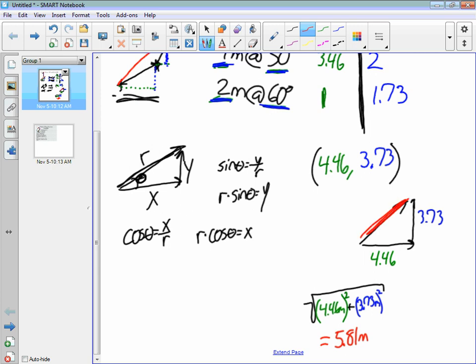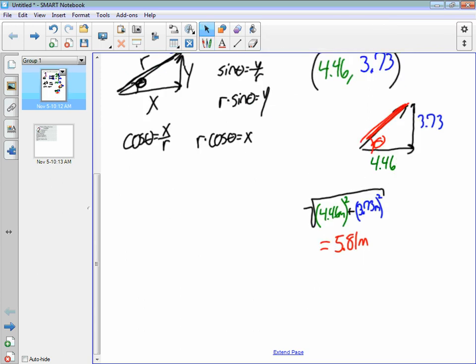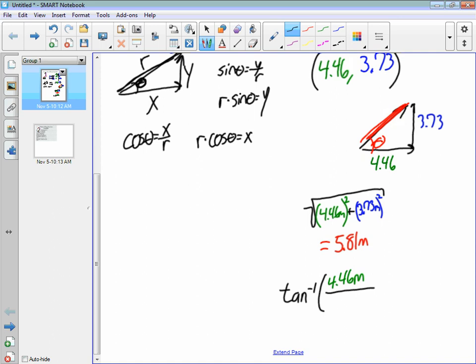That's the magnitude, but I need the direction as well. I need this angle here, yes? How can I figure out what that guy is? Okay, the arctangent, right. Second tangent y over x. So I would type in, it's my calculator, second tangent, and it would show up like this, tan to the -1, open parenthesis. And then I do y over x, 4.46. Obviously, you're not typing in meters into a calculator, but if you could, it would be okay, because they would cancel out. Divided by,